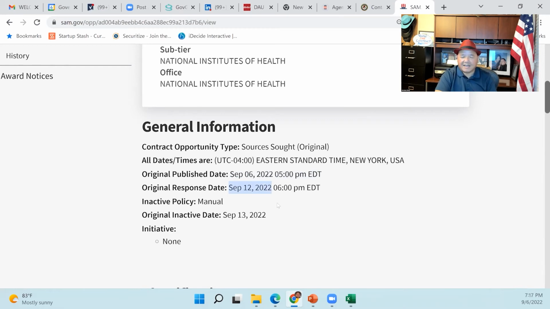Don't do that. You're not being sensitive to the contracting officer. Generally, if you ask for 5 days or so, 2 or 3 extra days, they will do that. If you ask for 2 weeks, they might not do it. One week, they probably won't likely do it.